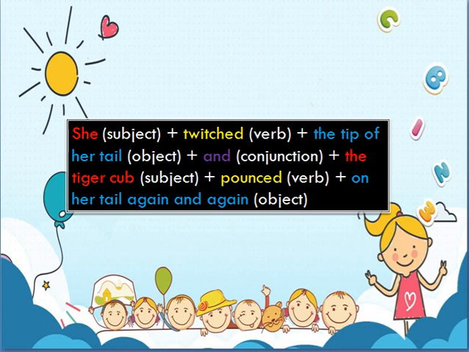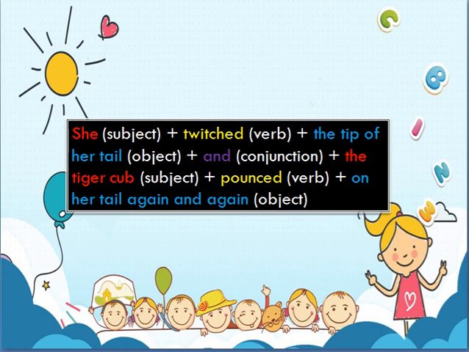So what is the first part? She is the subject because she is doing the action here, and we know who she is here. She is the mother tiger. Okay, so subject came first, she came first, then verb. After the subject a verb comes. The verb here is twitching. She is doing what? She is twitching. Twitching what? See, twitching is the verb and we are questioning the verb with who or what. If you don't get an answer with who, then question the verb with what. Okay? If you don't get an answer with what, then question the verb with who. Okay? In either way, you will get an answer.